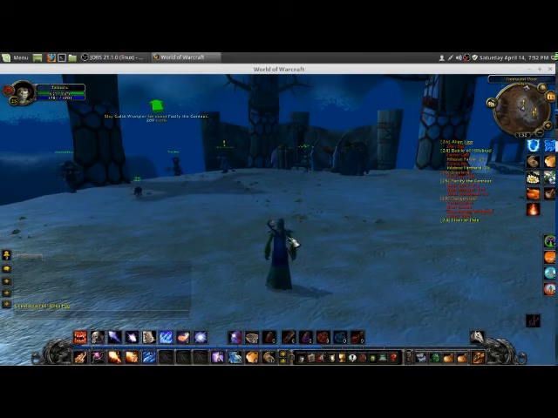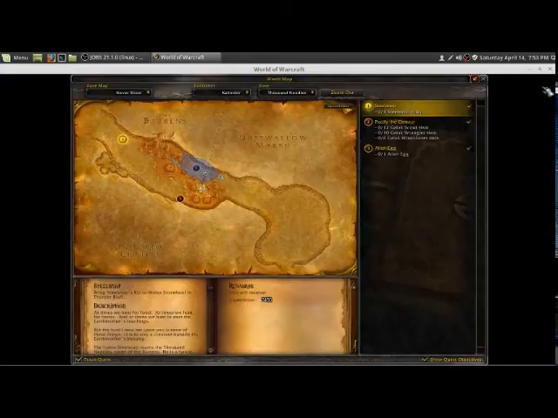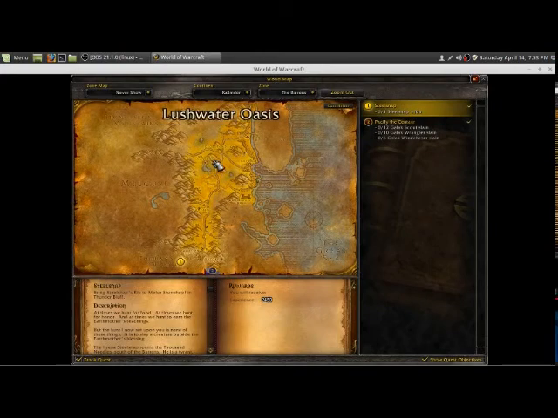So what happens is I come to Thousand Needles before I go to Hillsbrad, or just after I've gotten to Hillsbrad. There's a few quests you can do there to kind of get started, and then I break off and come back to the Barrens at about level 22. I go through the little quest chains for, what is the name of that place? Camp Taurajo, no, that's not it. The Barrens, Crossroads. Start at the Crossroads. I take the quest